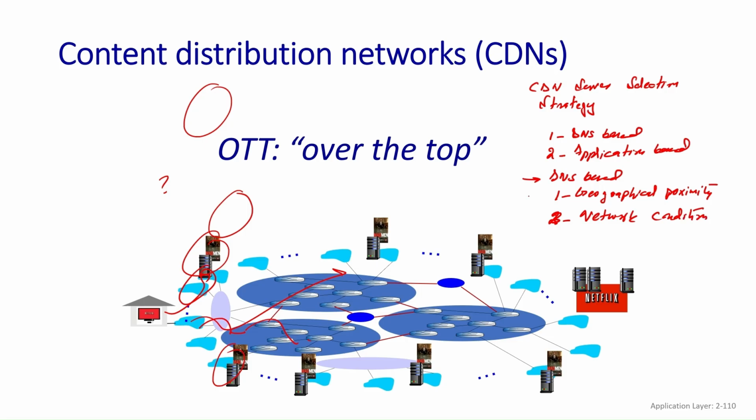So in DNS based selection, I will select a server based on geographical proximity and network condition. And also the third important factor will be load. If I talk about the first approach, selecting a server with DNS, it depends on the geographical proximity, closeness of